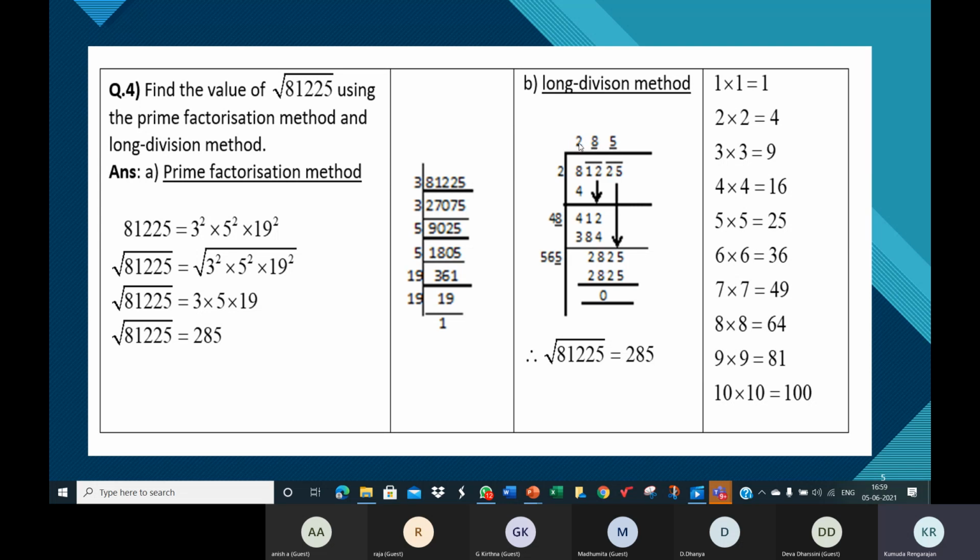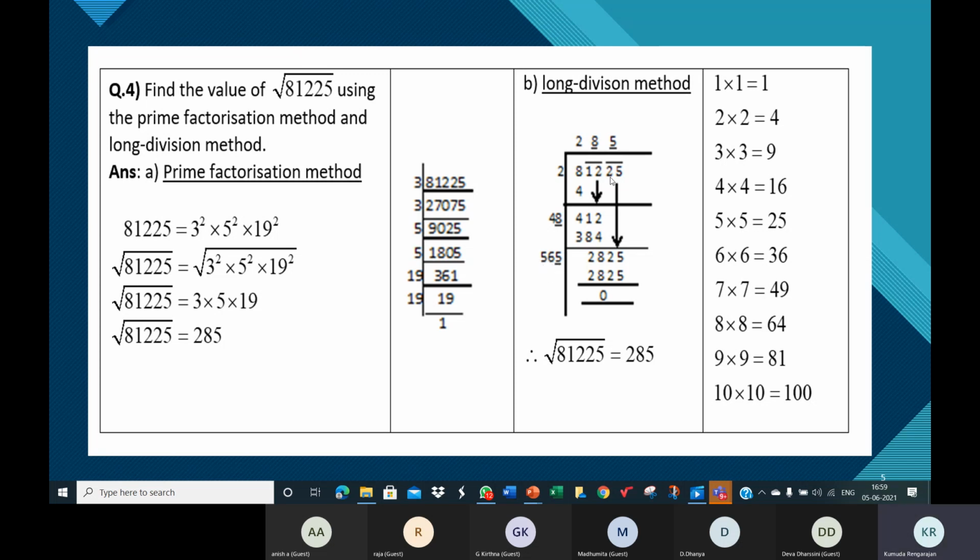Double the quotient. Whatever you have. You don't have 285. You have only 2 and 8. Double it. 28 into 2. Double it meaning multiply by 2. So 28 into 2. 56. Write that here. And I told you, don't write it close to the margin. Just write it away from the margin, because you will place at least one digit or more than one digit here.